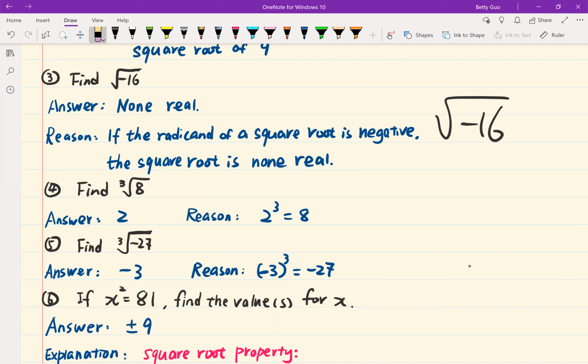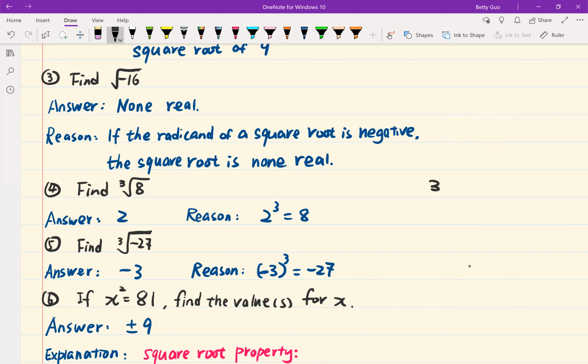What is a radicand? The radicand is the quantity underneath the square root symbol, the radical symbol. If the radicand of a square root is negative, then the square root is non-real. Number 4,